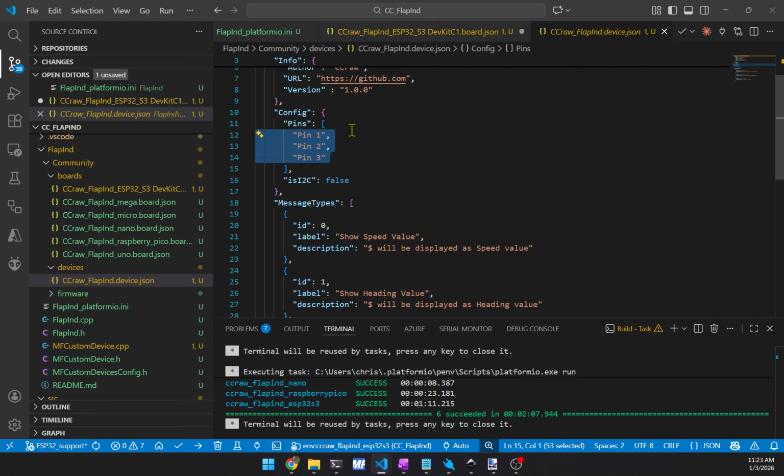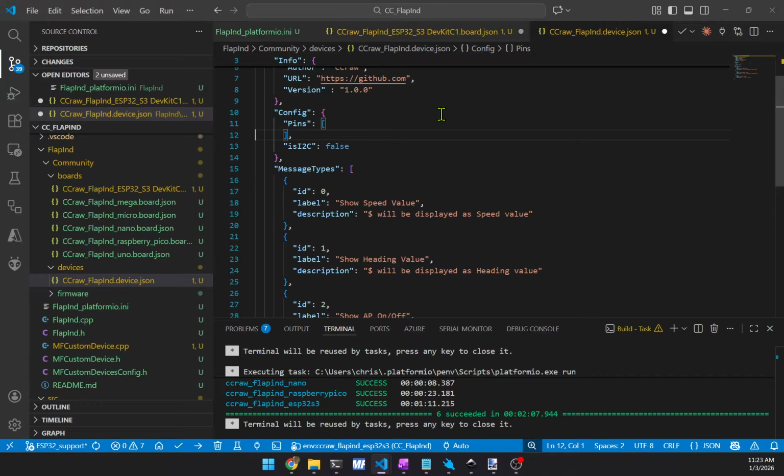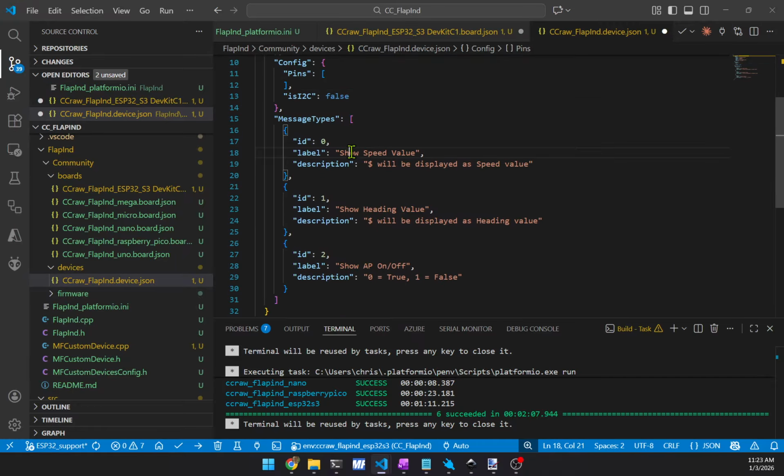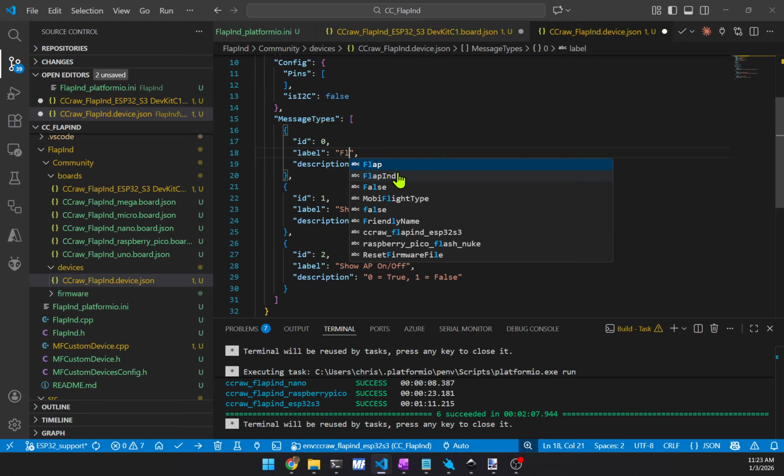Now in the last one I mentioned that there used to be a bug in the client where if you had no pins defined, the client would crash. Looks like that's been fixed, so we can safely delete all of those. While we're here, generally I'm editing the message types quite a bit during development of a more complex project. Today we're only going to use one. I'll tell you what, we'll put in two. So we'll say flap